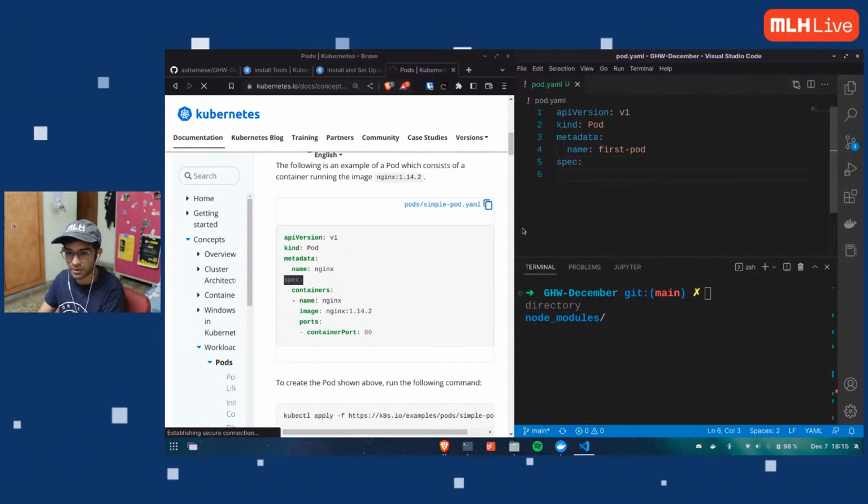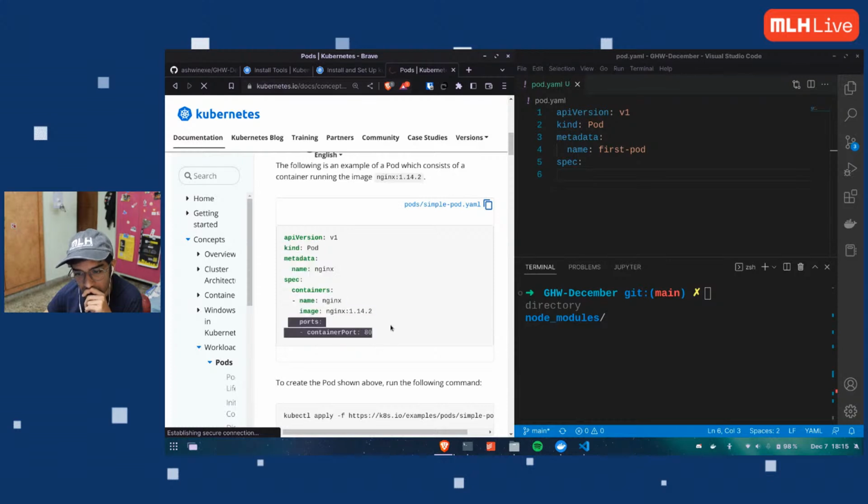If you read it carefully, it says containers and then the name and image and some ports. The part above is for my reference of building the Kubernetes pod. This part builds the pod for me, whereas the spec tells what container I want.